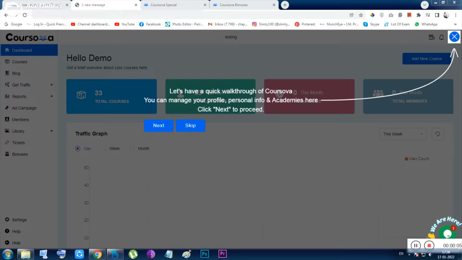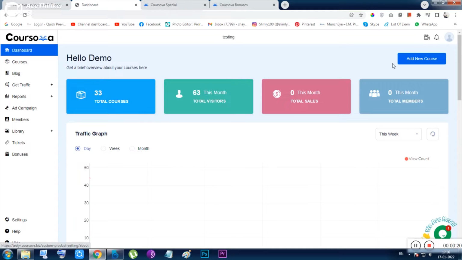Okay, so I have just put the timer here because it will allow me only 3 minutes. So I have to take a cut after the 3 minutes. Okay, so let me show you the app. You can see here the suggestion is given. So let me just click on the cross button and let me show you.